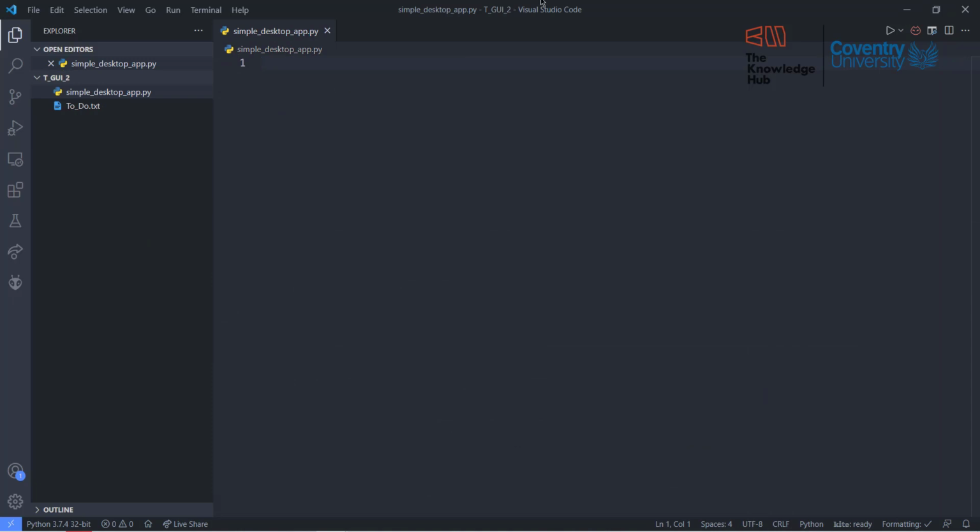So let's get started. First of all, you are going to need a library. This is the GUI library. This is what builds the entire widgets or components. It's called tkinter. So I'm going to say import